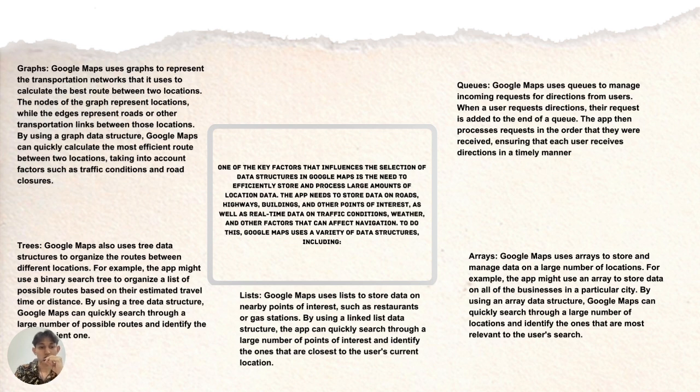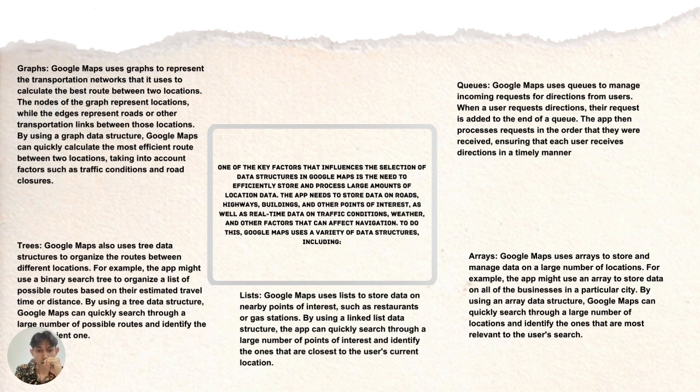Moving on to the next part, trees. Google Maps also uses tree data structures to organize the routes between different locations. For example, the app might use a search tree to organize a list of possible routes based on their estimated travel times. Moving on to the list part, Google Maps uses lists to store data on nearby points of interest